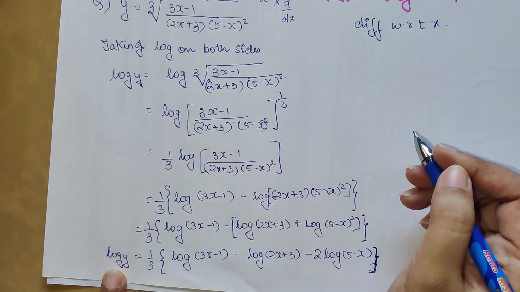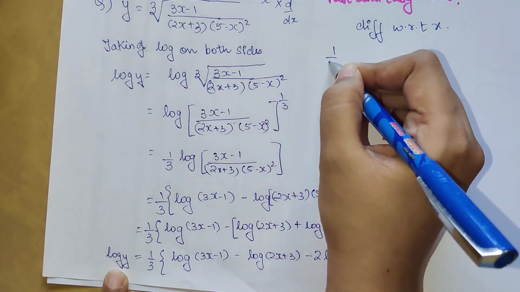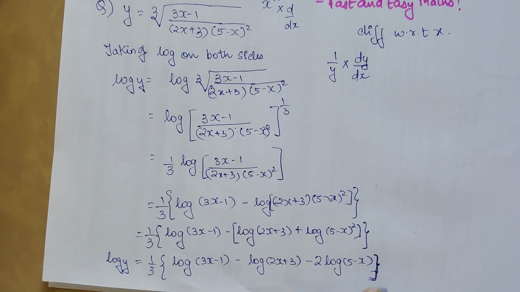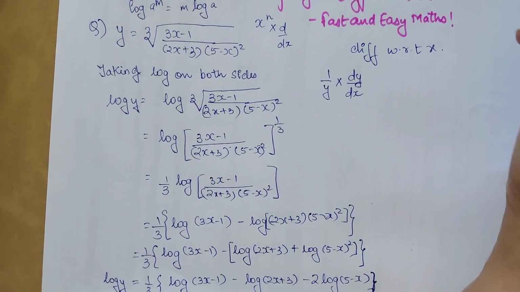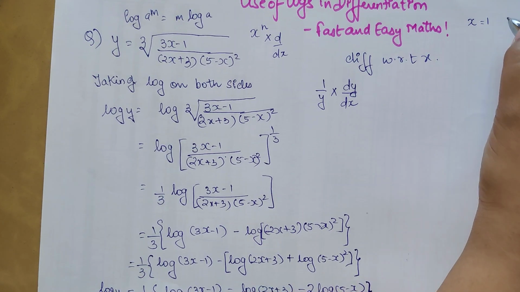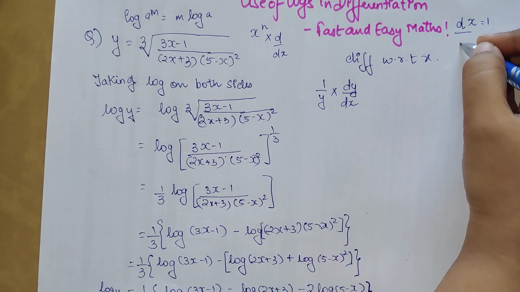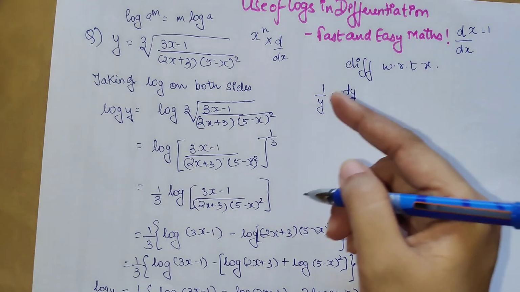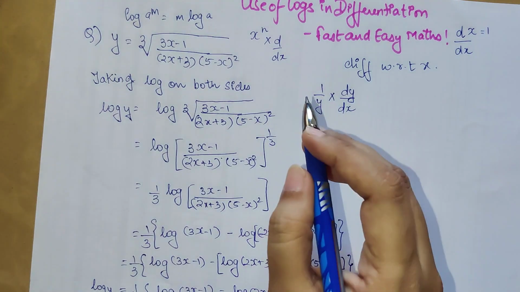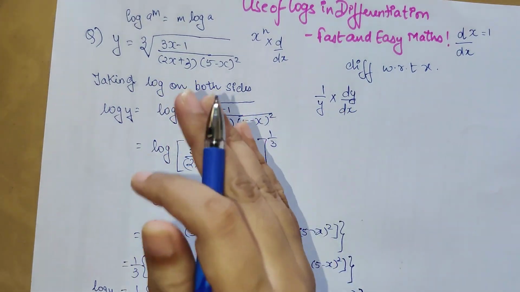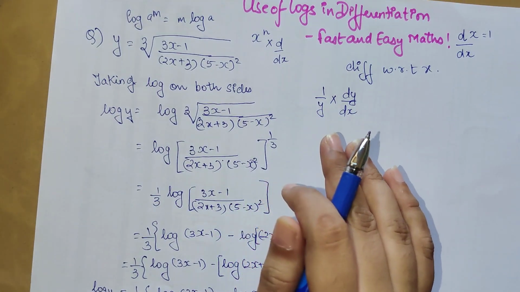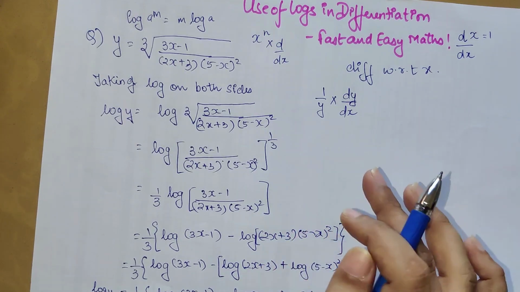Now log of y, when you differentiate, you get 1 upon y into dy by dx. You must be wondering why, because please understand, when you differentiate x, you actually get 1. But why is it like that? Because when you differentiate x, you get dx by dx. Since y is a function of x, therefore we will have dy by dx whenever we are differentiating y. This is very important. Do not forget this, because if you forget this, then you will make a major mistake in implicit functions as well.